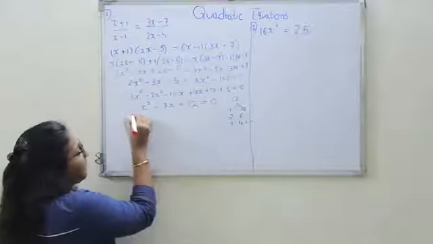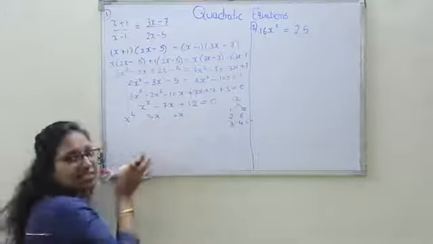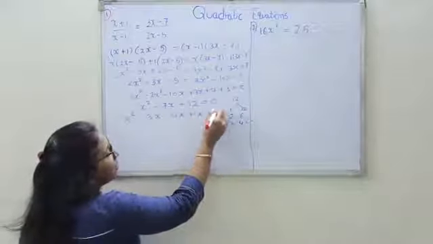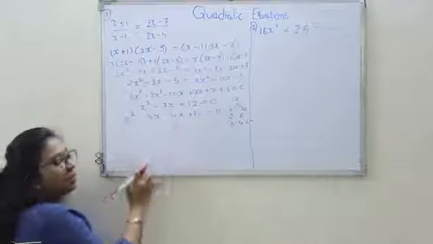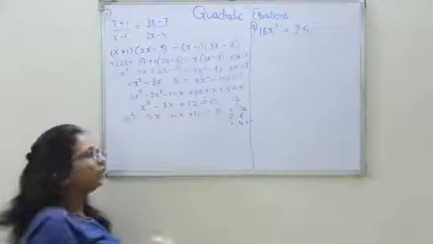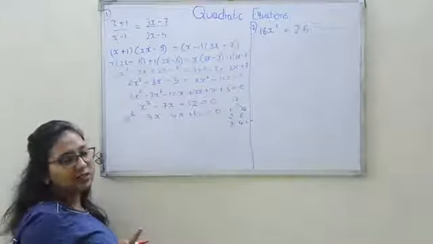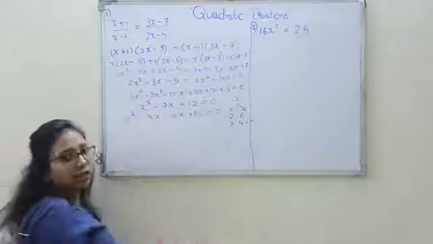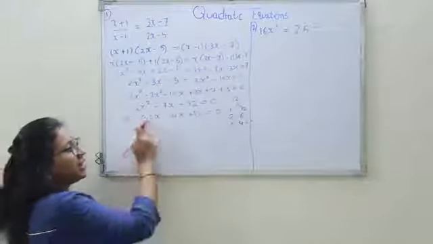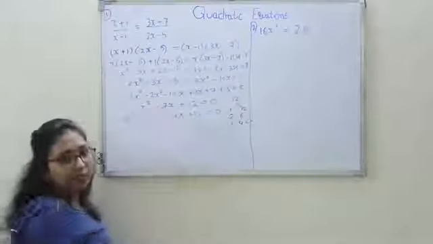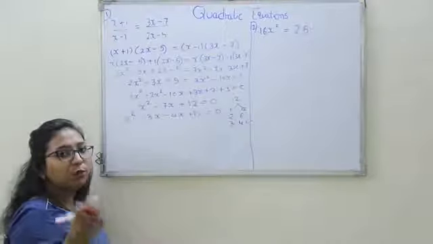So let's continue. X square, then 3x. At the place of 7x, you will split 7x as 3x and 4x. And now you have to put a sign here. You need minus 7. If you put plus 3 plus 4, you will get plus 7. So plus will not work out. Minus plus, no, because minus 3 plus 4 will give you plus 1. Then plus minus, again it will give you plus 1. But if you put minus on both sides, then it will give you minus 7, because minus 3 minus 4 is minus 7. So before you put a sign, you have to put one thought.